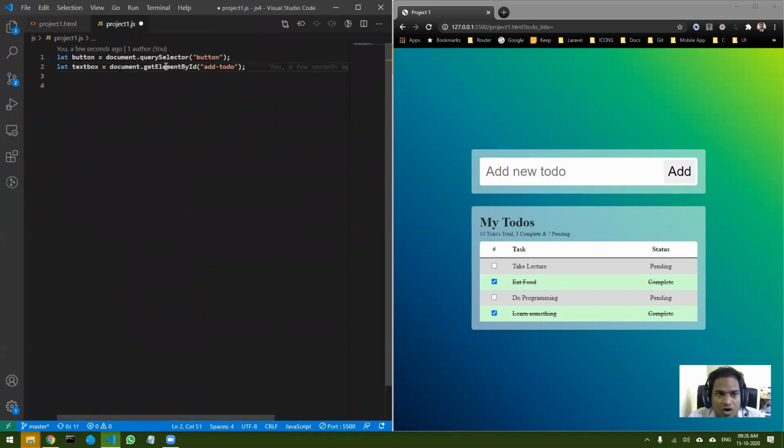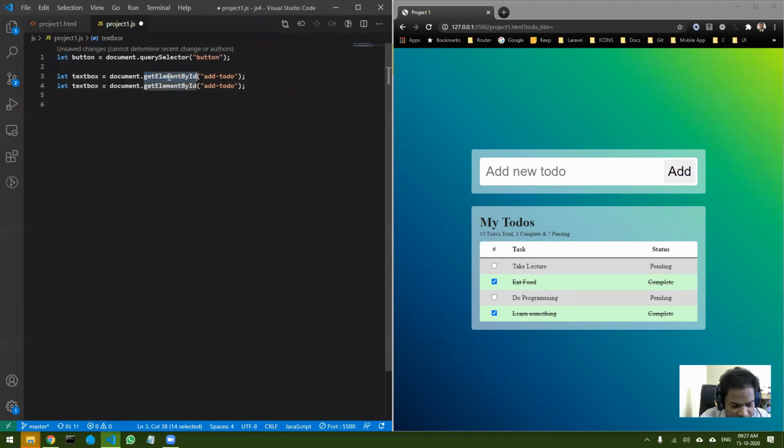This is one option, or I will just show you another way that I usually prefer, again using querySelector, and instead of simply addTodo I will use #addTodo. So this is my preferred way of using it. It is completely up to you which one you like, but the only thing to remember is if you do getElementById, then you should not use a hash in front of it. Only the name of the ID should be there. And if you are using querySelector, then it should be exactly how you select a CSS element.